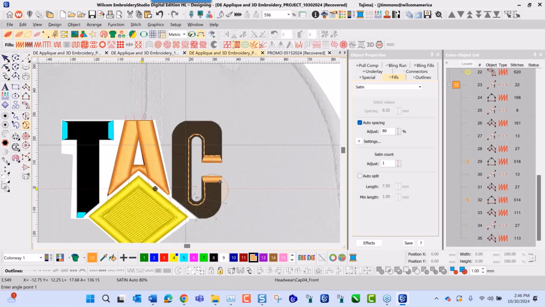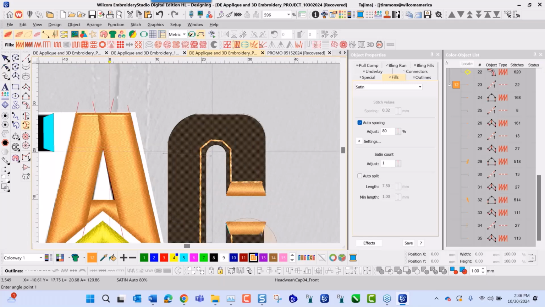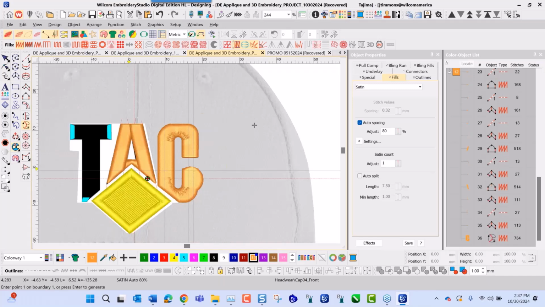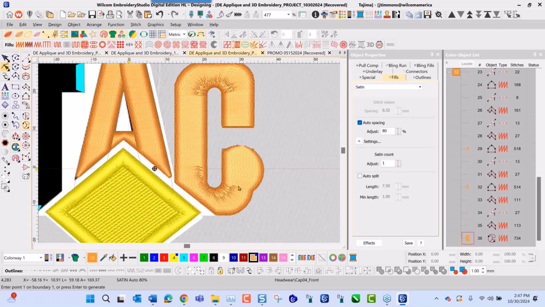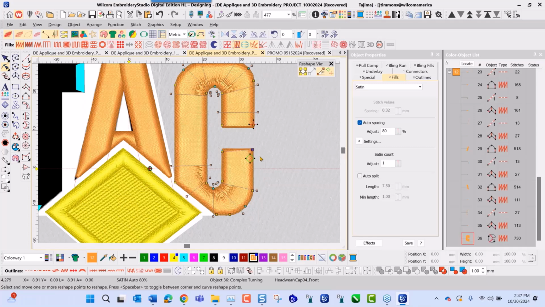Controlling the embroidery machine. This one, 2 and 3. 1, center, 3, and straight. As I press enter, I'm going to go to my reshape mode, and this should be a straight point. So I'm going to select that circle and press my space bar to make that straight like this. As I click save,